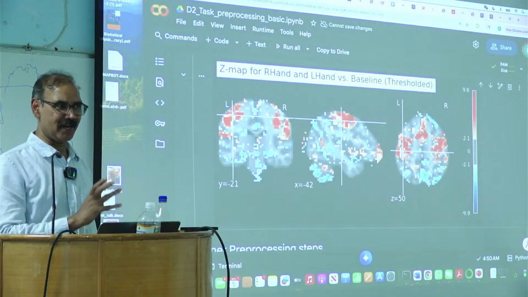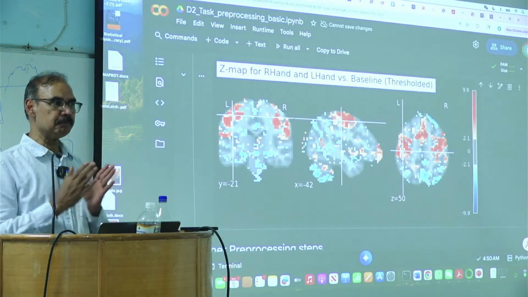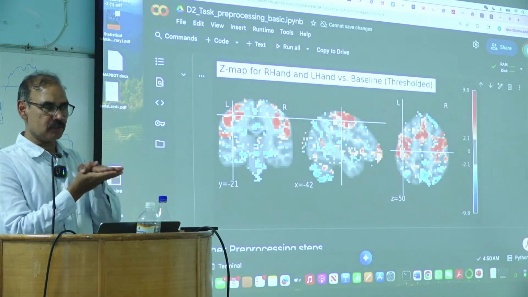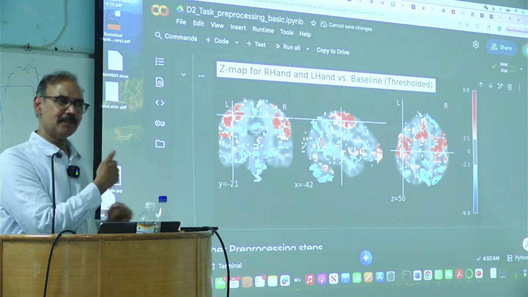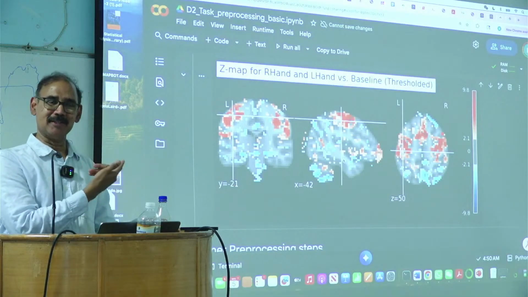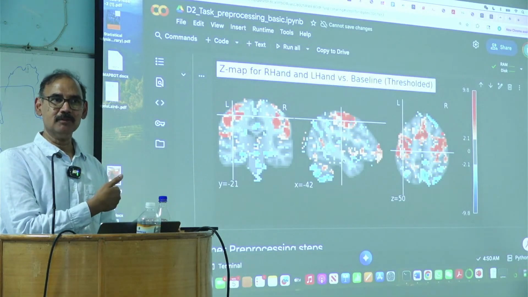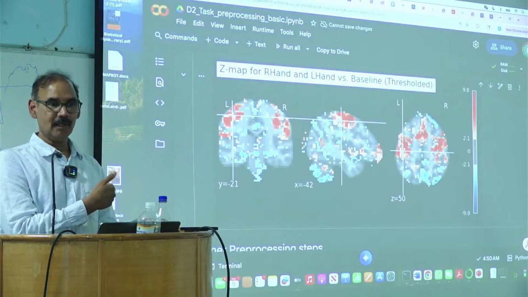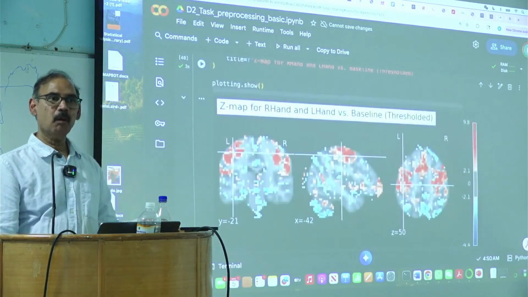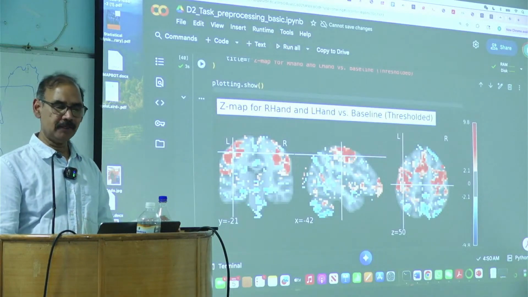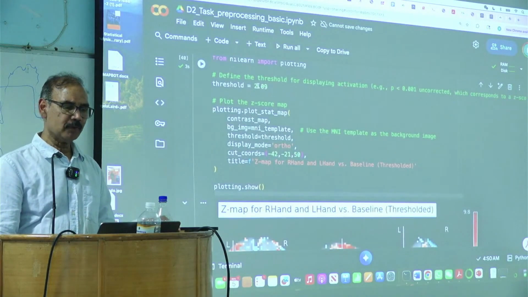So that is the trade-off, right? So this one, as I reduce my threshold, I get more and more voxels. So tell me, what kind of error is this? Type 1 or type 2? So for this one, you think I have more type 1 error, right? Now, if I used,